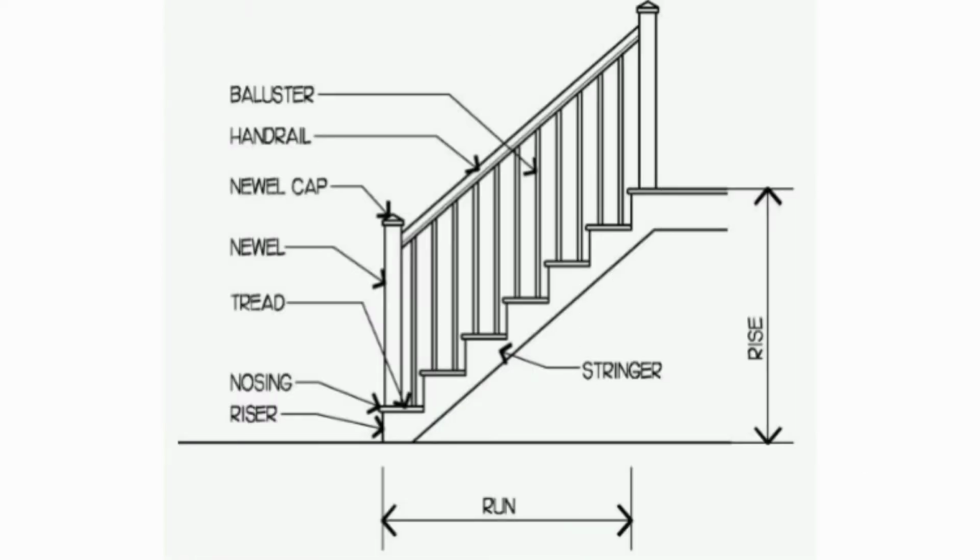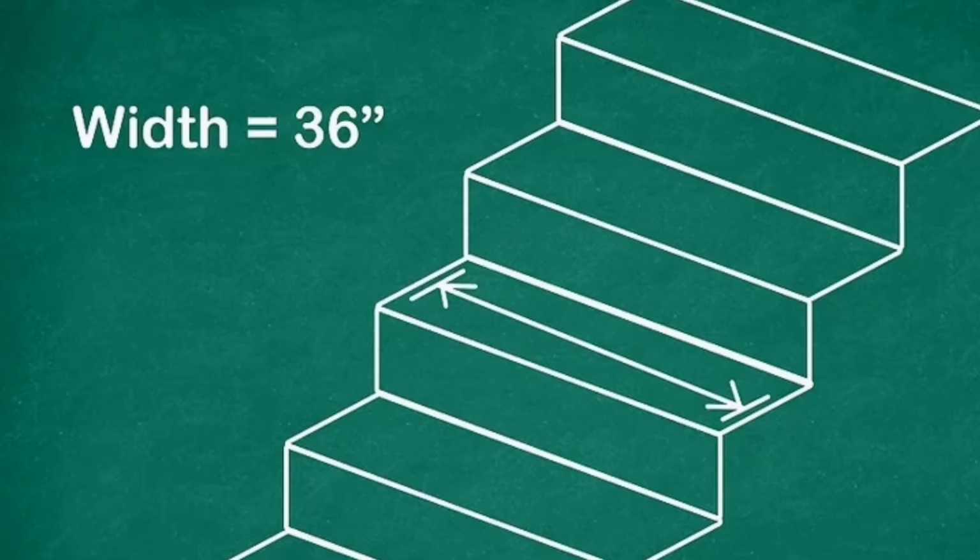This brings us to the last component of the staircase, which is the string or the stringer. These are the sloping wooden members of the stair used to support the end of the steps. There are typically two stringers on either side of the stairs. And the total length of the stair in the horizontal plane, including lengths of the landing, is known as the run of the stair, which when multiplied with the width of the staircase gives you the area of the staircase.